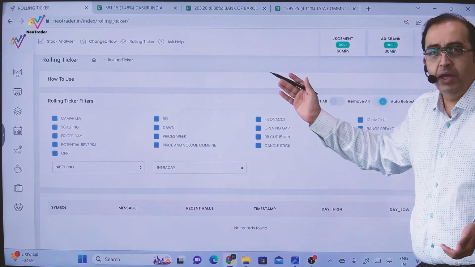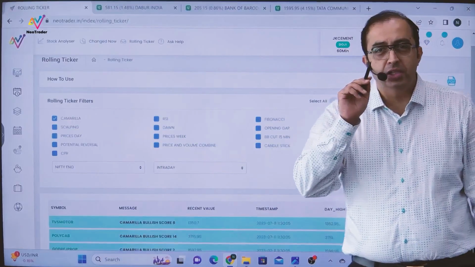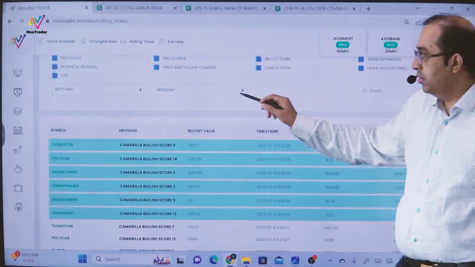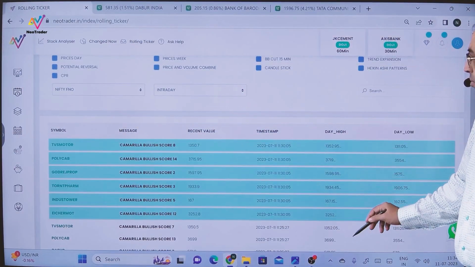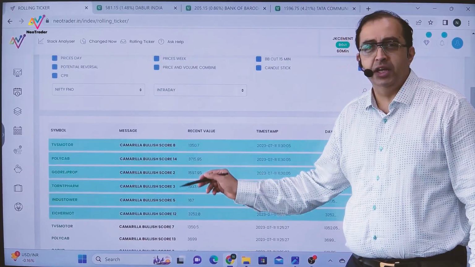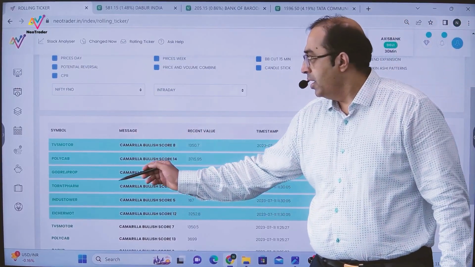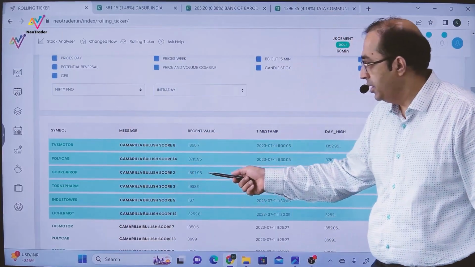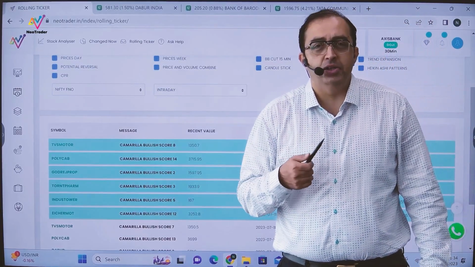All right. Now in this particular page, we have a section called Camera. All I have to do is check that box and I will see a string of stocks appearing here, which clearly tells me that these are the stocks that are moving. These are the stocks I have to pay attention to, and I should be looking at these names for participation. Whatever stocks are moving are getting captured here, and you can see their scores appearing, score of 2, score of 3, score of 5. So you can decide based on your trading action.